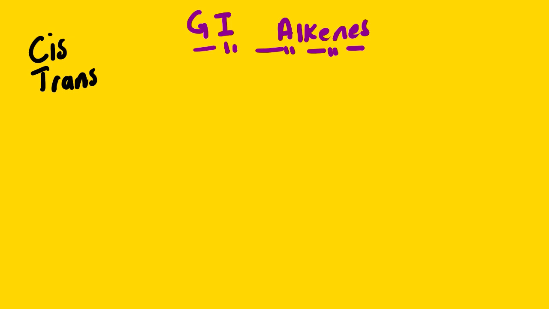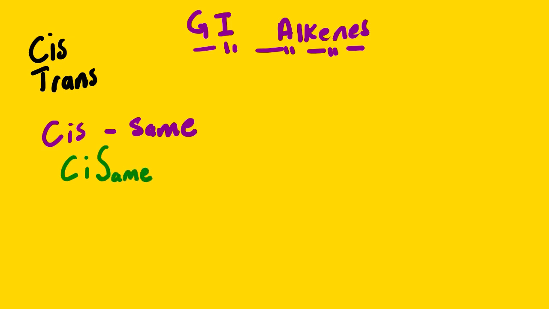When the similar groups lie on the same side, it is called cis. The key word cis, just remember, same. What I normally do, just to make sure that you do not forget this, is put this S in capital letter, which stands for same. Now if we can remember that cis has S, it's same, simply means same side, then we definitely know that the other one will be